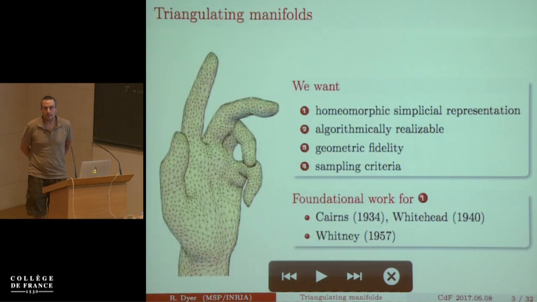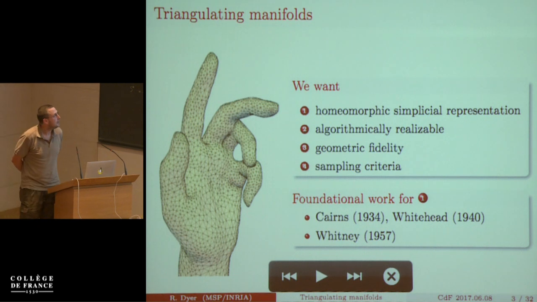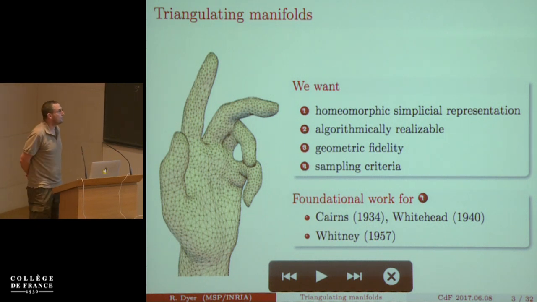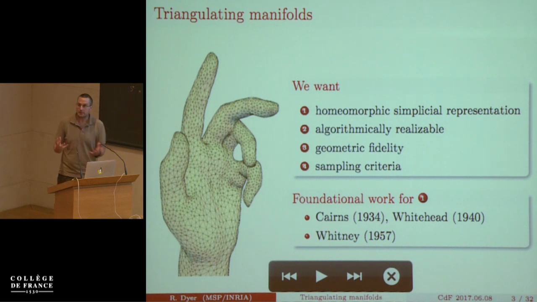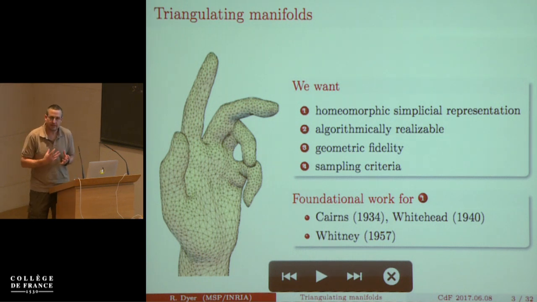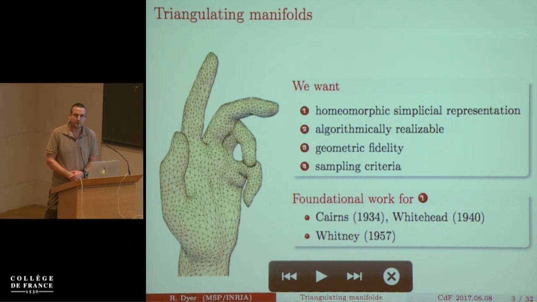Okay, so I want to triangulate a manifold. And what do we want to do? We want to create a simplicial complex that's homeomorphic to the manifold, and we want to have an algorithm to do this. And we want to be able to have a metric on our complex as close to the metric on the manifold. So we're assuming we've got, say, a Riemannian manifold or some metric on the manifold. And we'd like to get an idea of how many points we need to achieve this, how dense the sampling should be. In terms of algorithmic realizability,